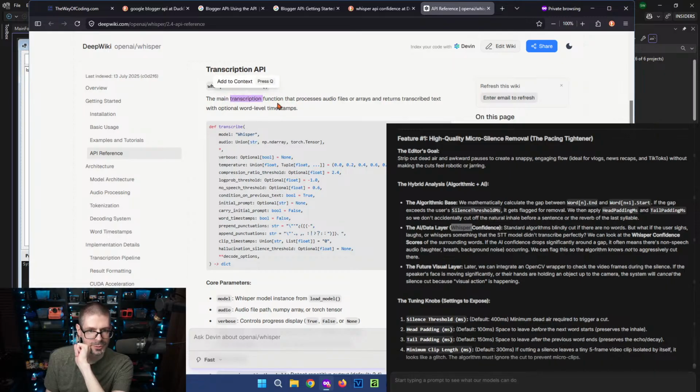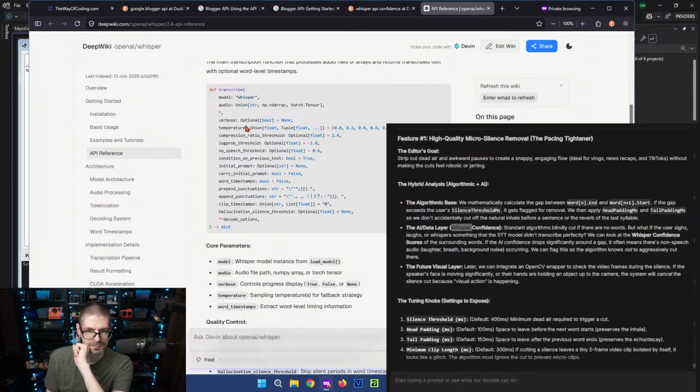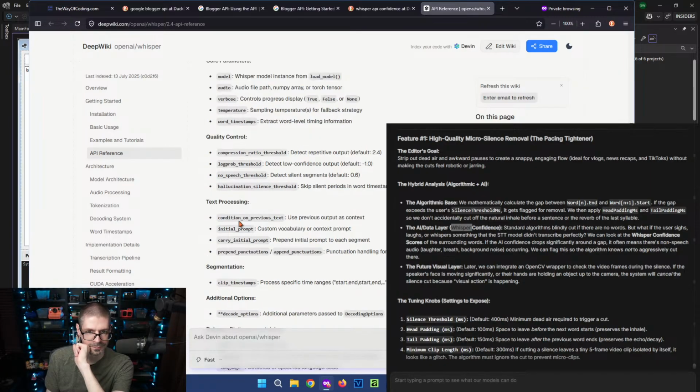So there is a transcription function, process audio files. So here's various options, it looks like. But the super details here aren't very needed if the AI is going to write it for me. But it is good to know how it works. And actually, I'm using a project that's based on Whisper, so I can get that high accuracy, the timecode data.